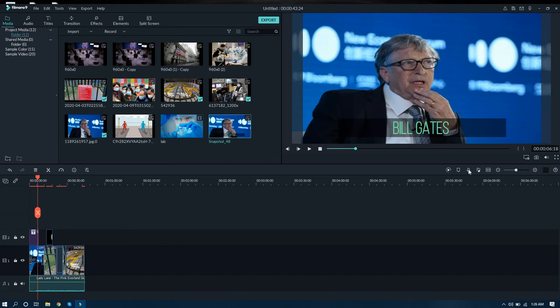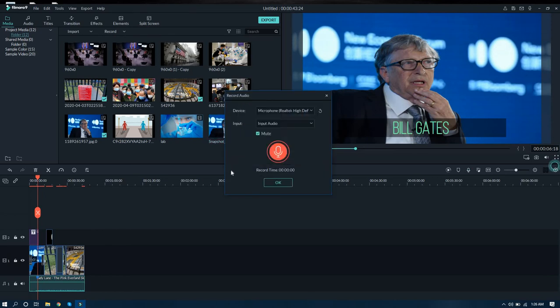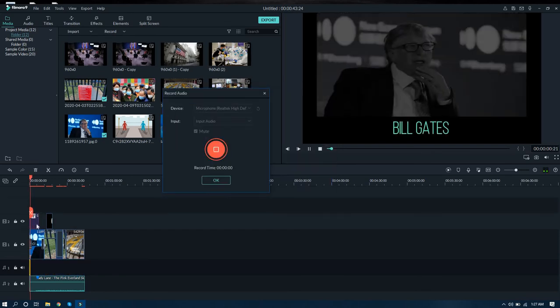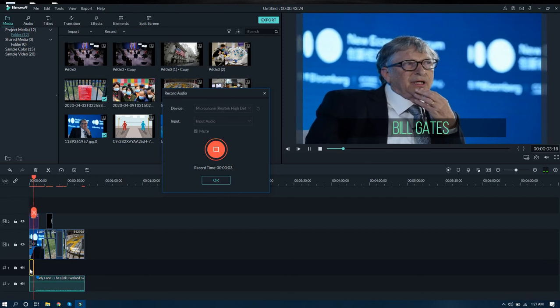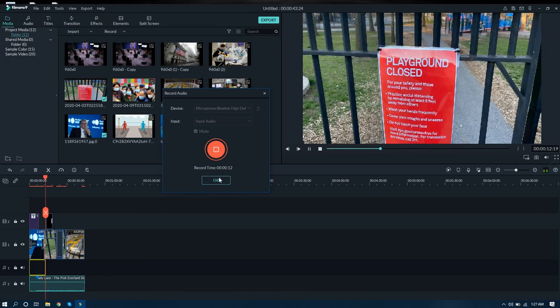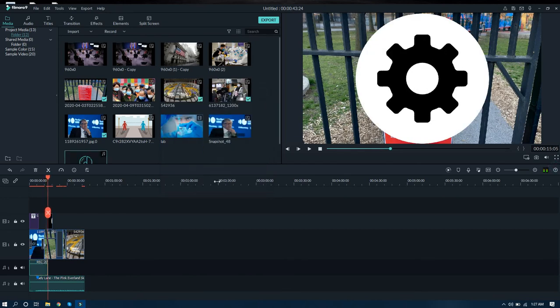And here you can see this is the recorder button. This is a very important button, the recorder. If you want to add your voice, or if you want to record your voice while playing the video, you can click here, and if you want to mute your computer, you can do it, or else if you want to record it, you can click here and you can record it accordingly while the video is playing. Here you can see now I am recording my voice. The voice which I am speaking is getting recorded here. And if you want to stop it, you can pause it accordingly.